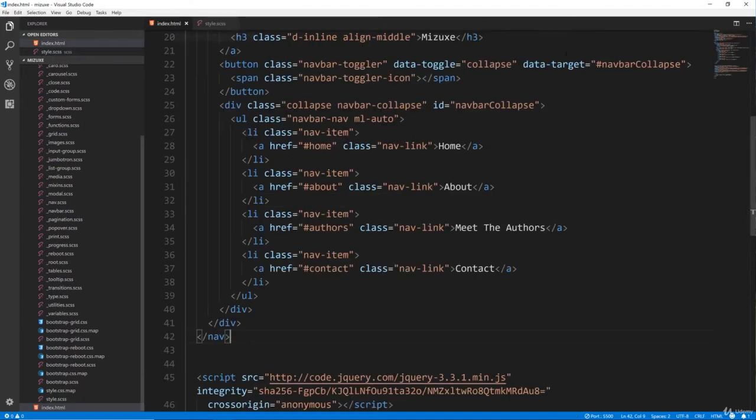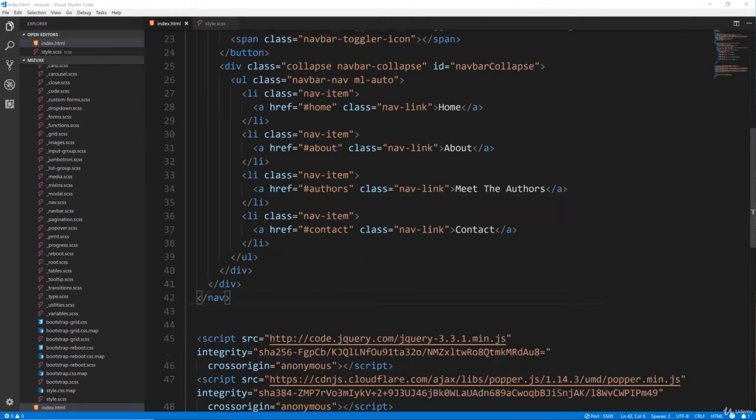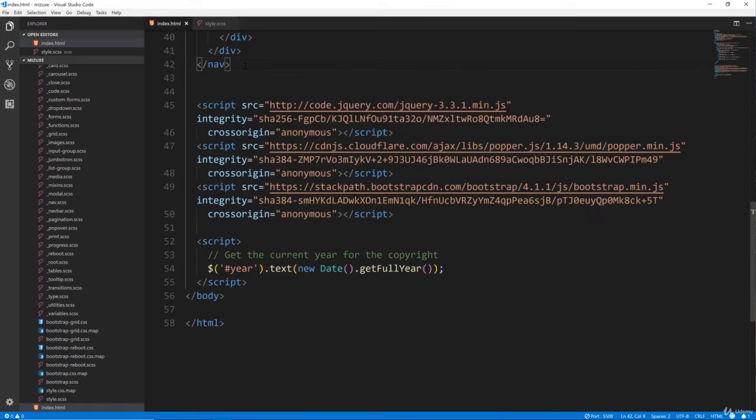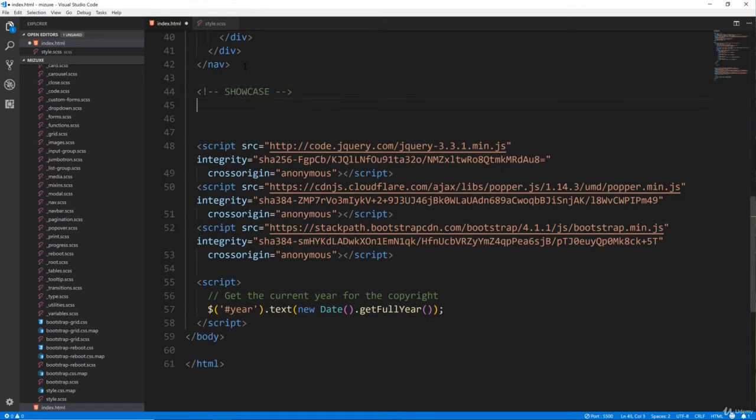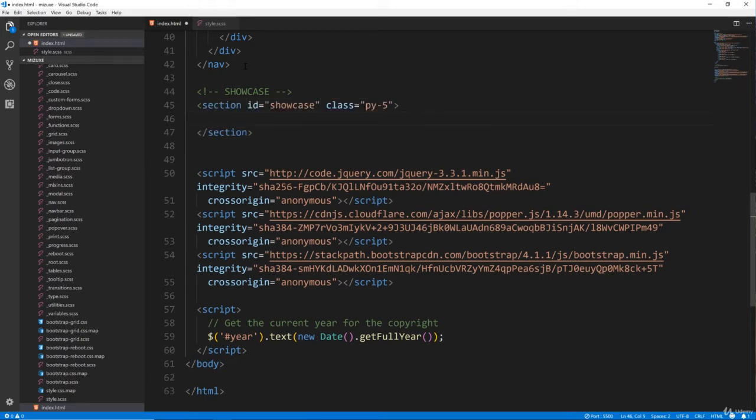Let's go to our index.html. We're going to add the markup first. So we'll go under the nav and let's add in our showcase. So this is going to be a section with the ID of showcase. And we're also going to give it a class of py-5. We want padding on the top and bottom. I really love these margin and padding classes in Bootstrap. It saves a lot of time, or a lot of custom CSS where you have to add your own margins